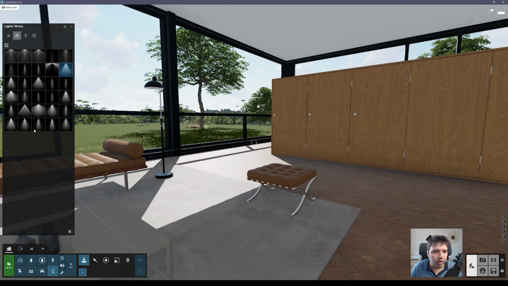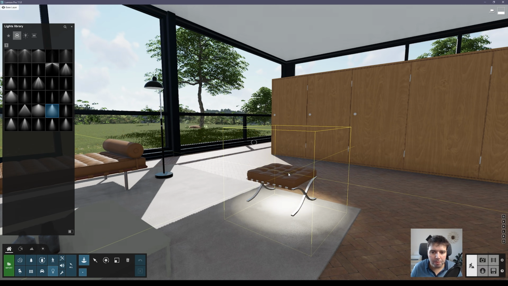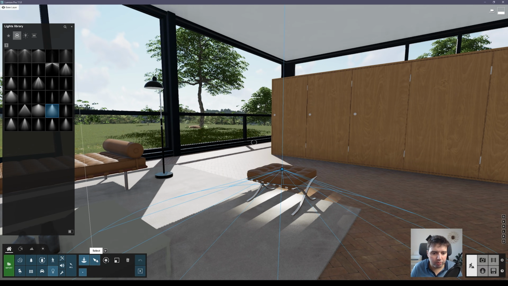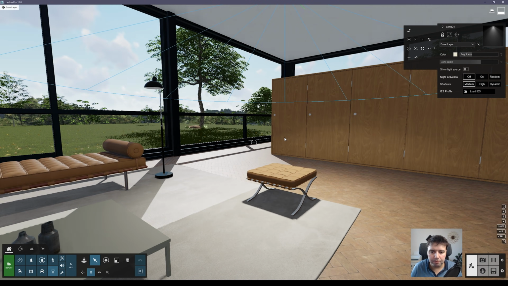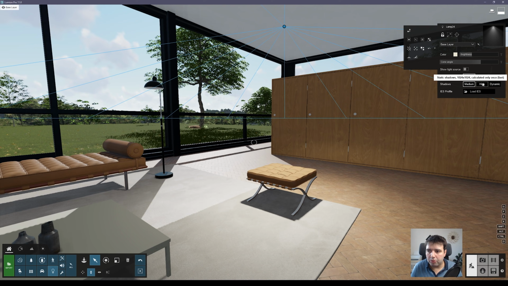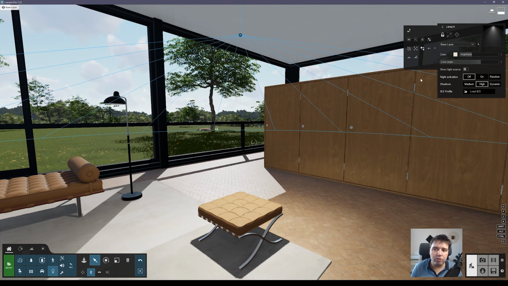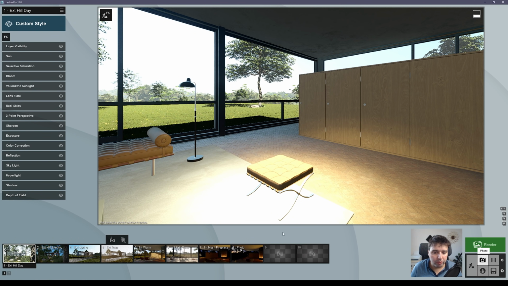I can go here now to lights, and let me select, can be this one. Let's place here the light. I'm gonna move it up. Okay, I'm gonna put it here to the maximum. And as I showed you before with the colors, see you have here this RAL. You can just choose any color here. So actually let me just choose something more like this. No, it's too much. So it can be like this. Okay, and now if you go to the render mode,